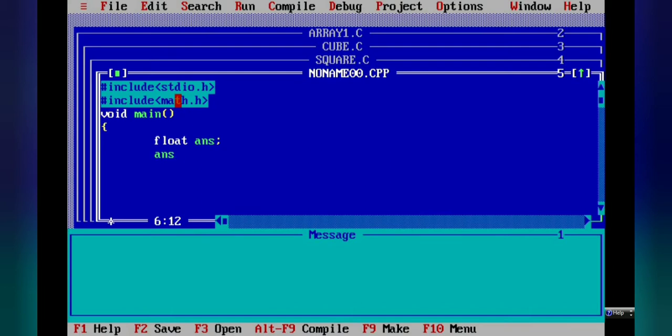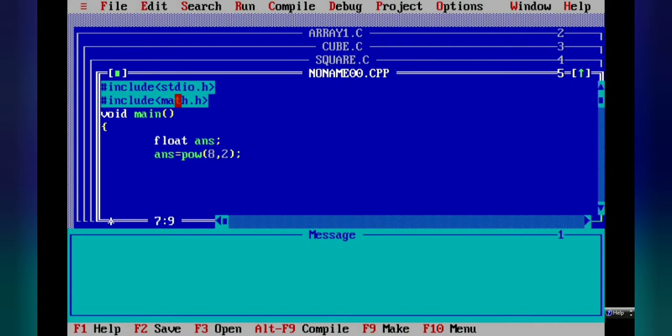For that, we are using the pow function. If I want to get the power value of 8, then I write 8, and the next argument is 2. So it will give the value of 8 raised to 2. Then semicolon.